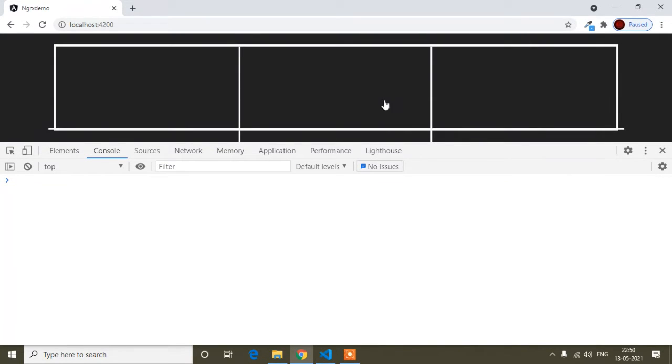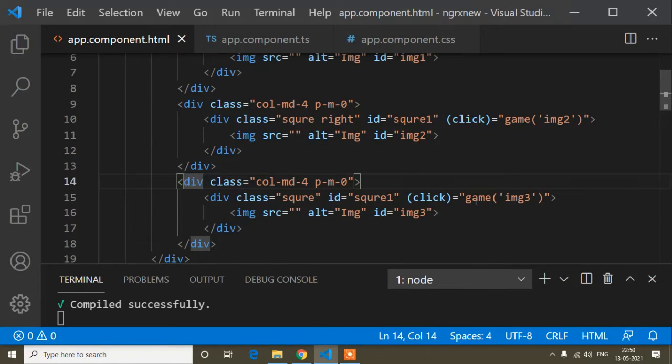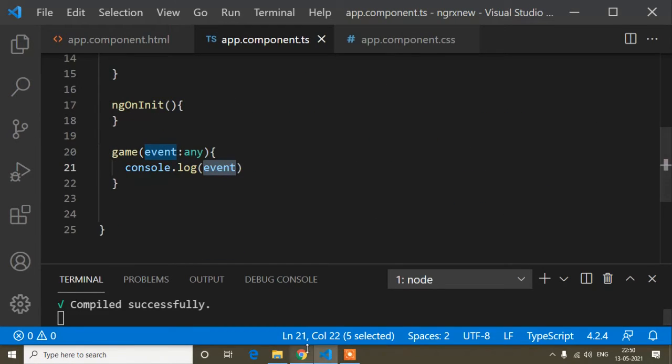Now suppose I click the second box, it should print img2 inside this console. So here you can see img2, and in the same way if I click here, it's img3, because the third box inside this game method's parenthesis I have passed img3. Okay, I hope you have understood.